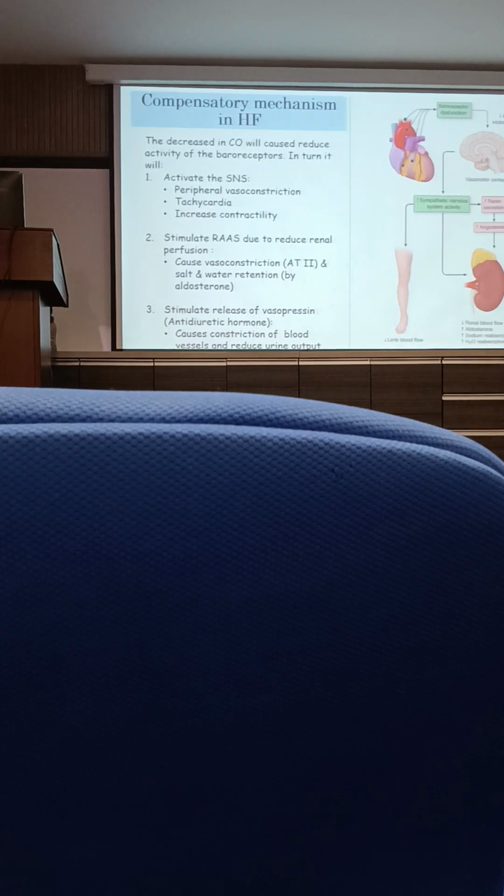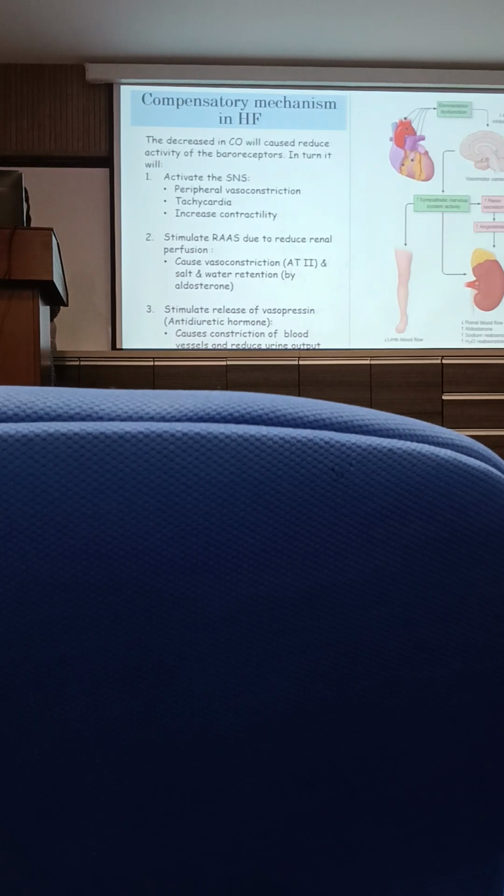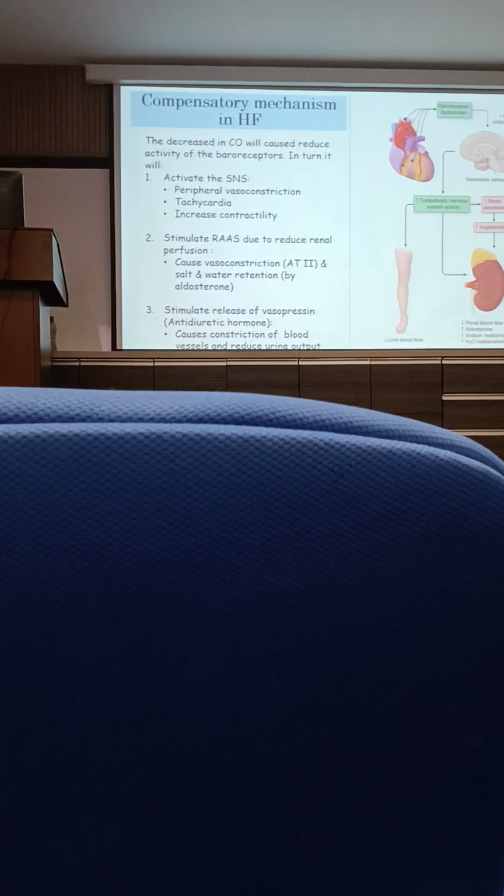At the same time, it will also stimulate the renin-angiotensin-aldosterone system, due to reduced renal perfusion. Basically, when there's a reduction in cardiac output, there is reduced perfusion to the kidneys, because the body wants to conserve blood for certain organs such as the brain. So the reduced renal perfusion will stimulate the renin-angiotensin-aldosterone system, and the angiotensin 2 receptors will cause vasoconstriction, and aldosterone will cause salt and